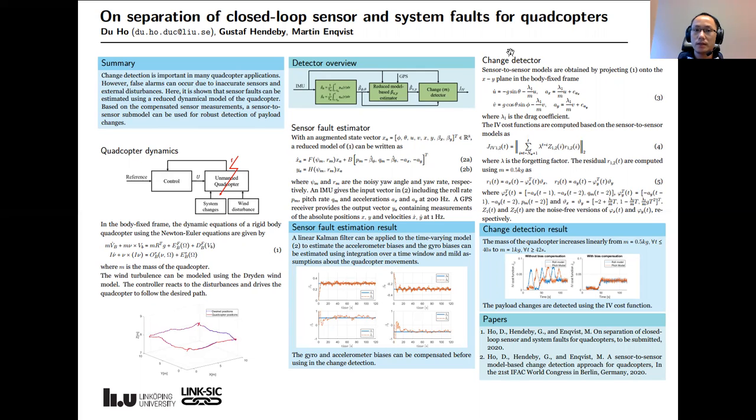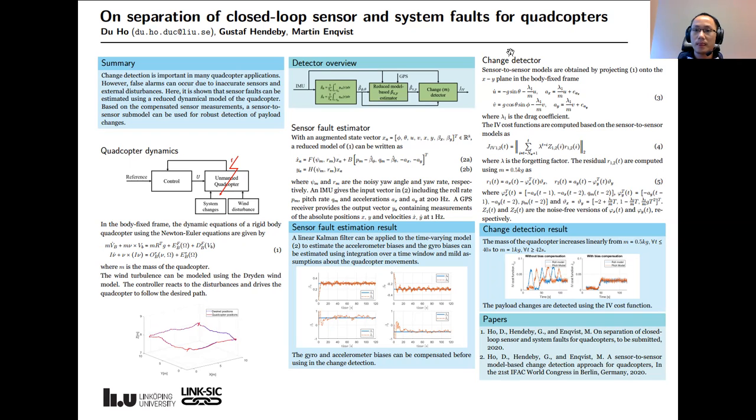And to do it, first we need to estimate the gyro bias by using a fixed time window filter. After obtaining the gyro bias estimate, we can use it for the accelerometer bias estimate. In the accelerometer bias estimate, we need another measurement from the GPS, and this estimate is based on a time varying model given in equation 2a and 2b, which depends on the time varying yaw angle and